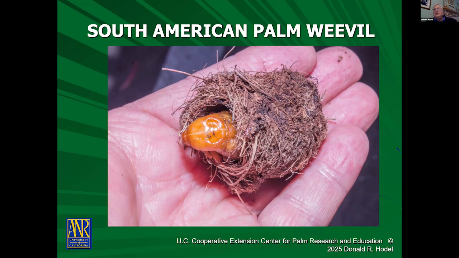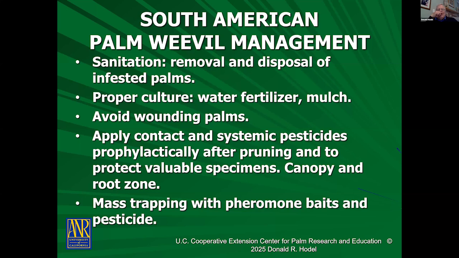You can find these up in the tree. You can find them down on the ground underneath the tree. So the best way to manage this problem is not to try to treat it after it starts. Once the adult female has laid its eggs, the eggs hatch, the larvae burrow into the apical meristem looking for that heart of palm, and then they kill it. And then they pupate, and once the larvae are burrowing in, there's little you can do to stop it.